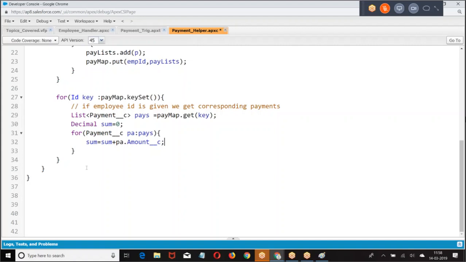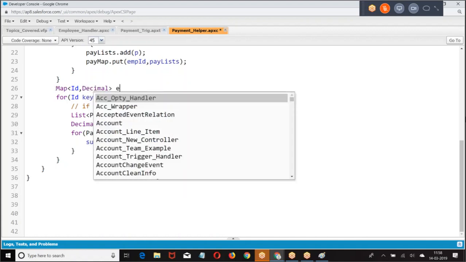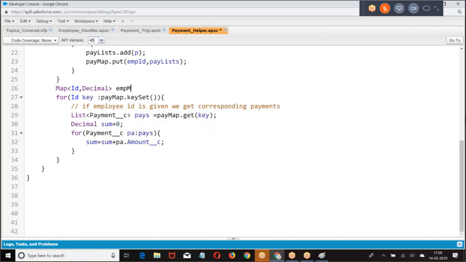Now here also what I am doing? Employee ID, corresponding payment. Take every payment, add up the sum. Then here I am creating a map of ID comma, what is the employee ID? Then here we are giving emp map dot put key comma.